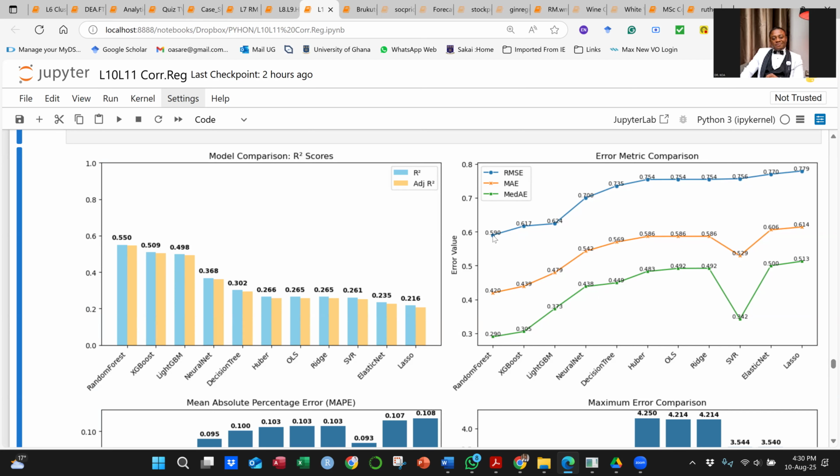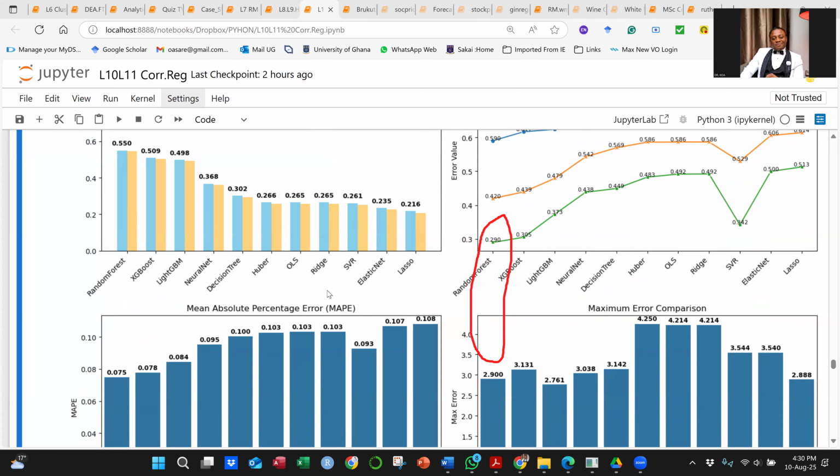And again, you can see that consistently, the random forest is the lowest. Remember, for R square, you want the value to be highest. For the errors, you want the value to be lowest. Looking at this section here, random forest is leading in all of them. It's beautiful. This is a whole completed work.